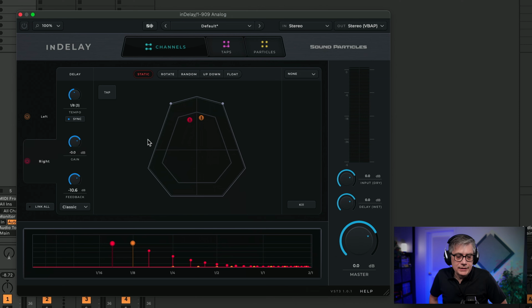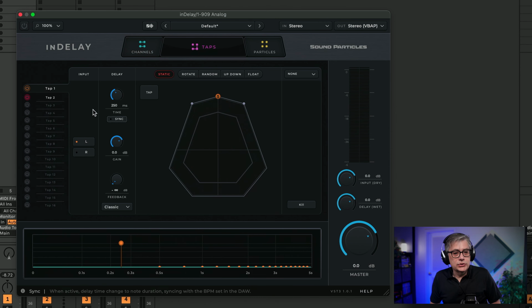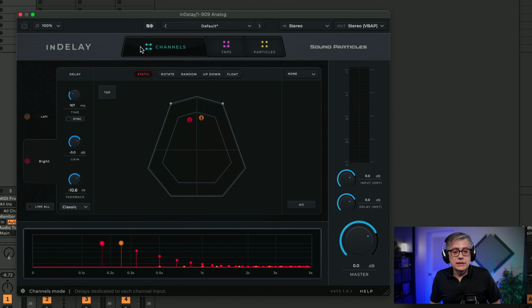Now, one thing that I find a little unfortunate is that this sync setting is a global setting. So if you change that in one channel, it's also automatically changed in the other channels. So you cannot, for example, have the sync setting on for some channels and off for others. You cannot mix and match. You have to either sync or not sync. So if I turn it off here on the left channel, it's also turned off on the right channel. And that's true also for the tab section, which also has this sync button, also for the individual tabs. So each tab essentially needs to follow the same sync settings, which once again is a little unfortunate. I would like to see the plugin being able to mix and match. That should be something that the plugin should be able to do.